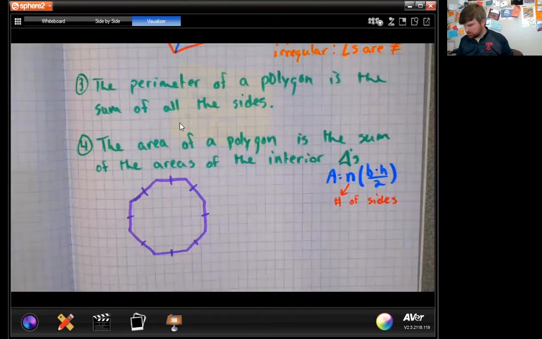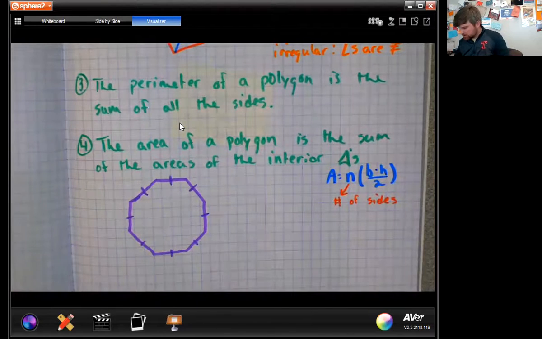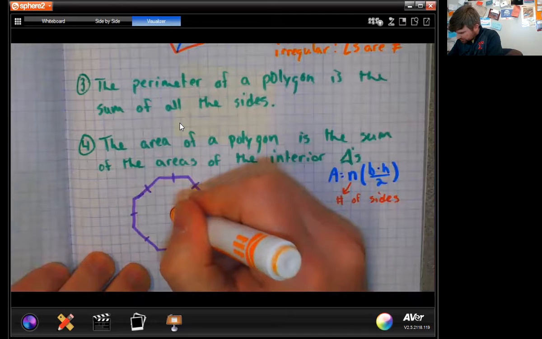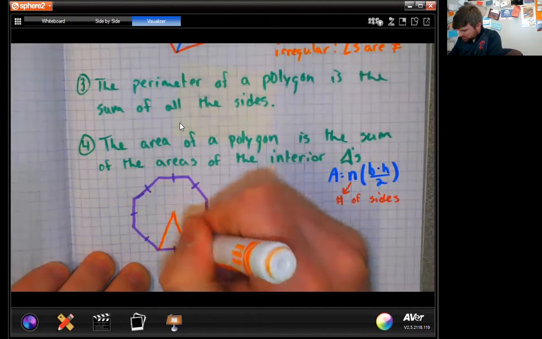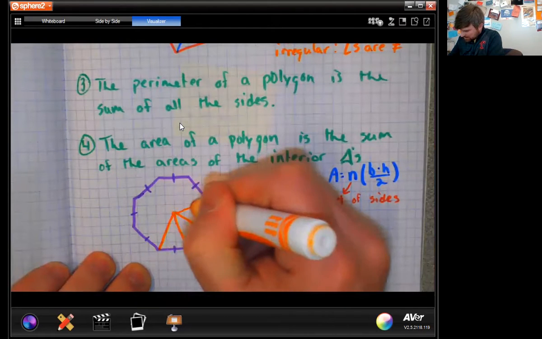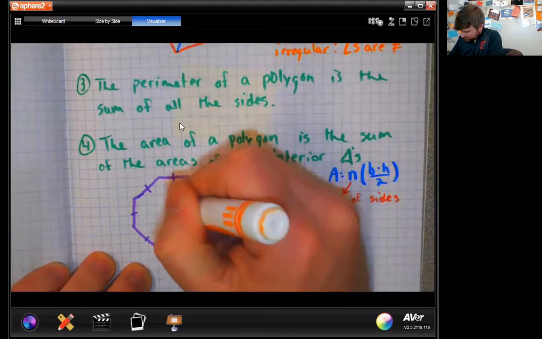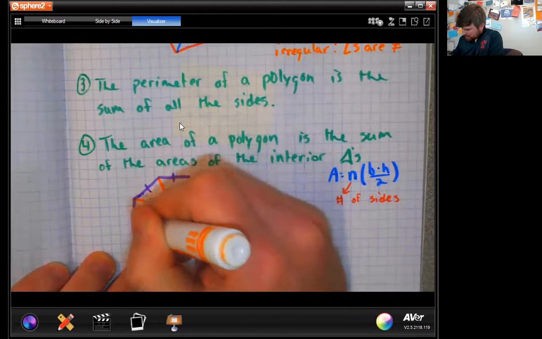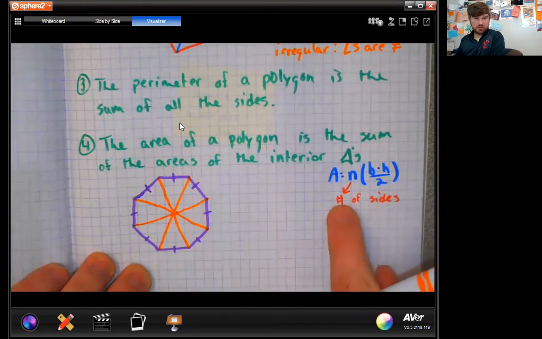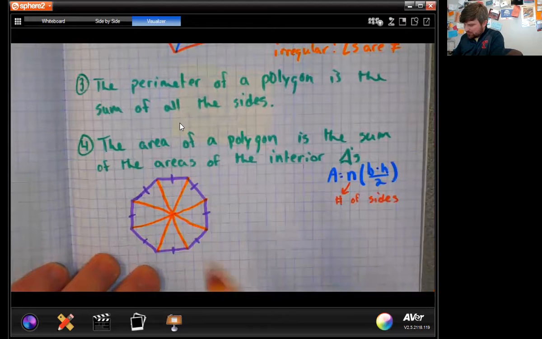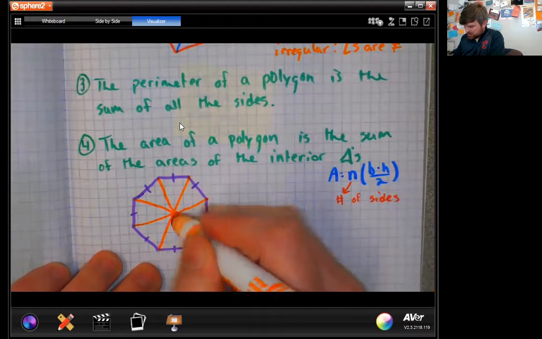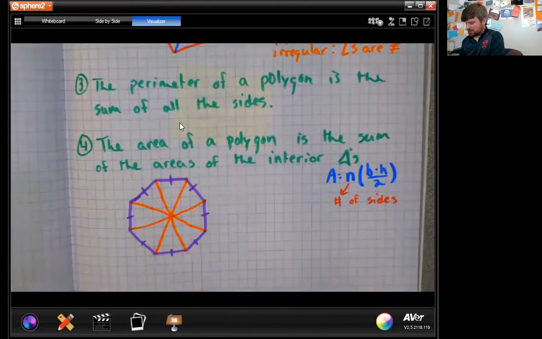Okay, and what I'll do with this is I'm going to split it into triangles. And in fact, I'm going to have 8 triangles because that's how many sides I have. And that's where the number of sides comes from. So I have 8 triangles. And if I can find the area of one of these triangles, I just have to multiply it by 8